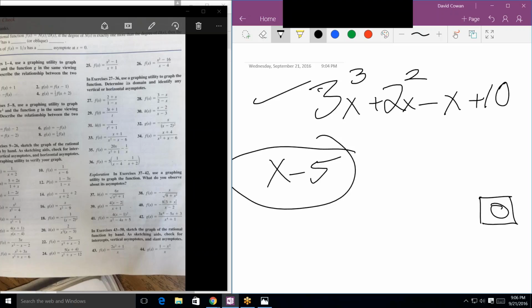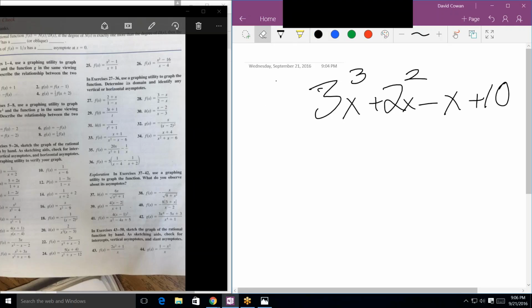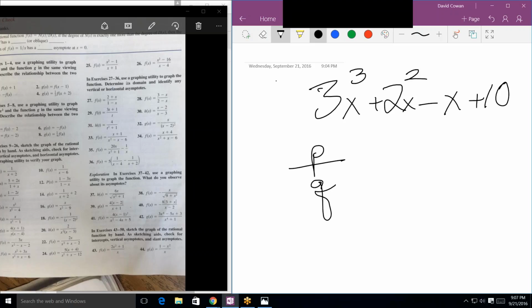What if you're not given one of the factors? Well, then you have to use the rational factor theorem, which is a little different than the zero factor theorem. If they don't give you a factor, now I just made this polynomial up, so I'm not sure that there are any rational factors, but if there are, it would come out as P over Q, and P has to be a factor of the constant, and Q has to be a factor of the coefficient